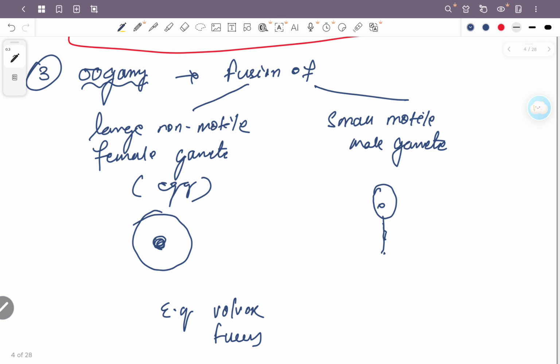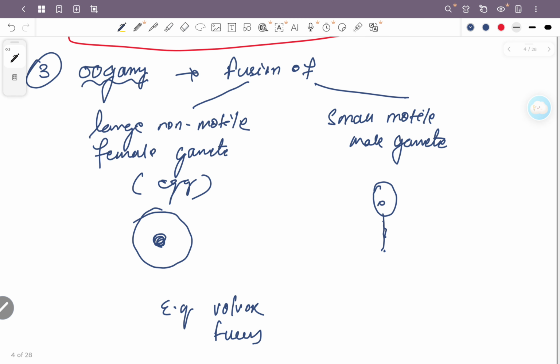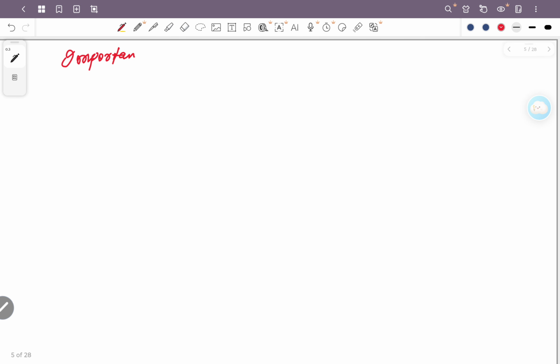Now we'll come to the importance of algae, the economic importance of algae, which is very, very important, children. And from here you can get a 5-mark question or a 3-mark question or even a 2-mark question. Okay, so now come to the next one: importance of algae. Okay, the first one, these algae are very, very helpful for human mankind as well as the environment. Let me discuss one by one. The first one,